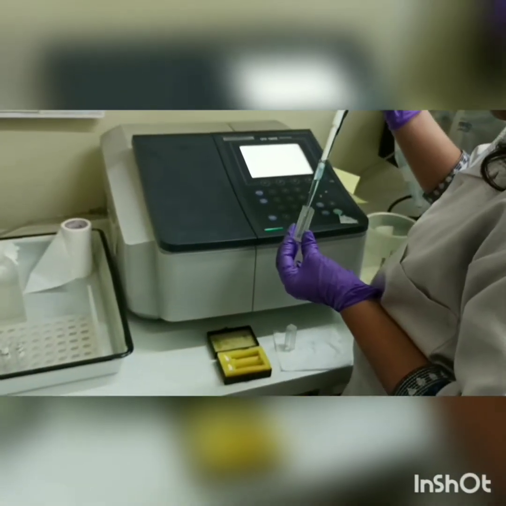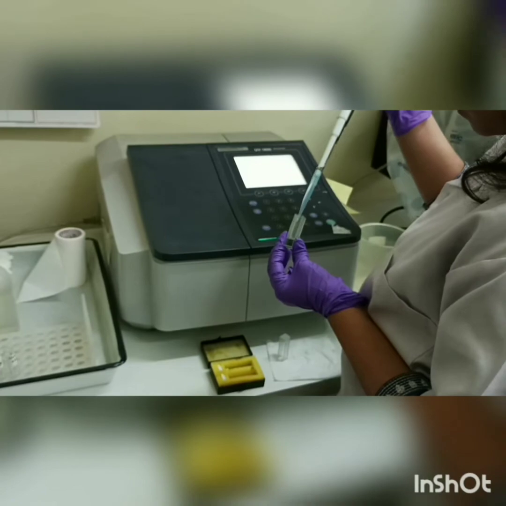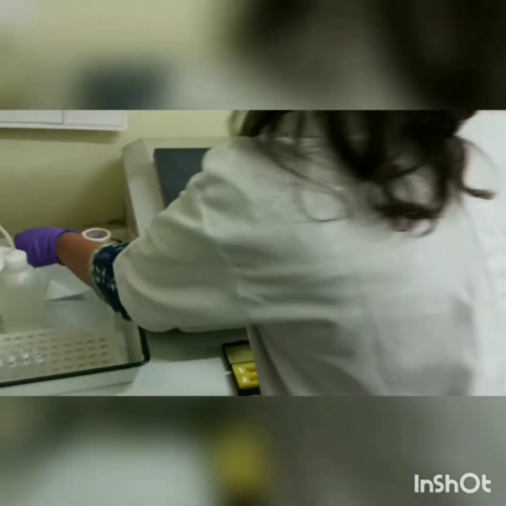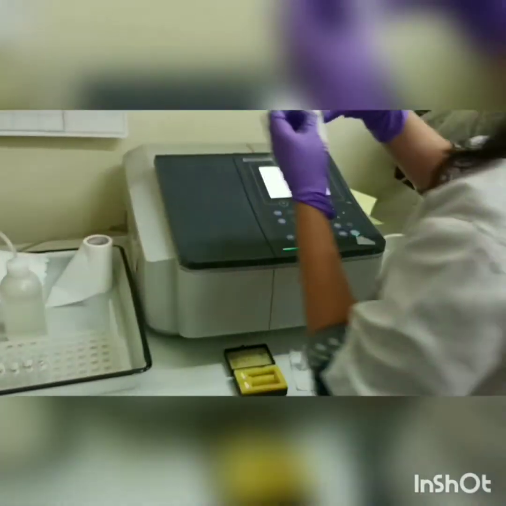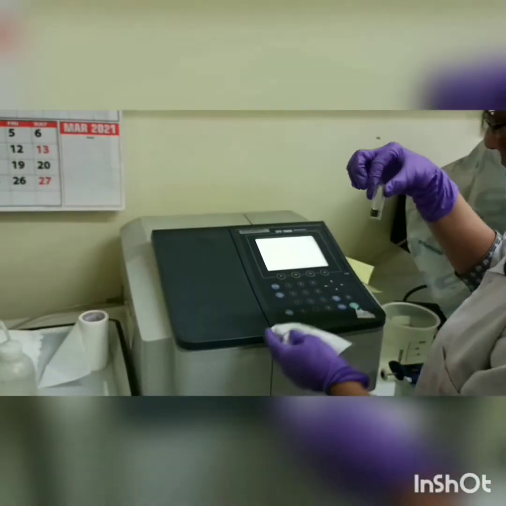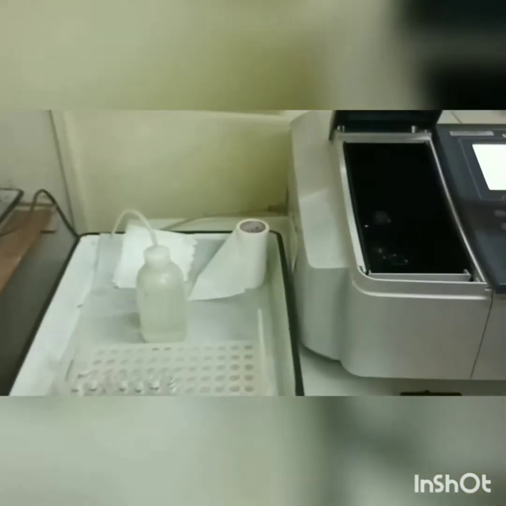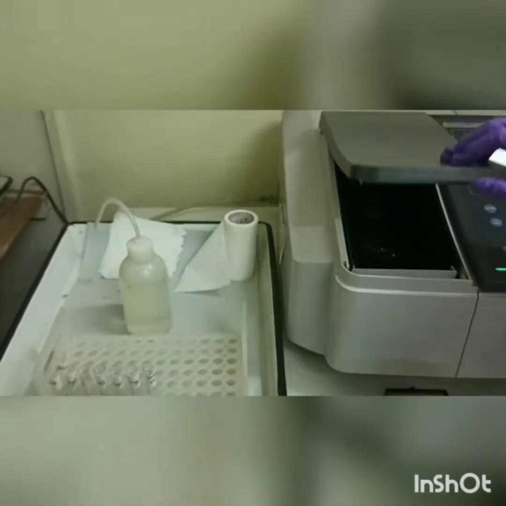Do not touch the transparent side of the cuvette. Keep the blank in this holder.